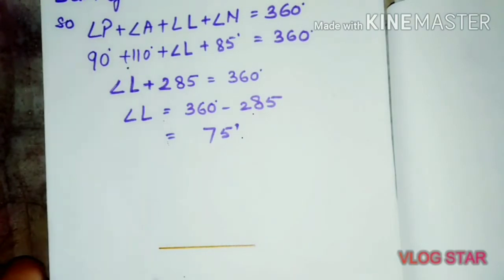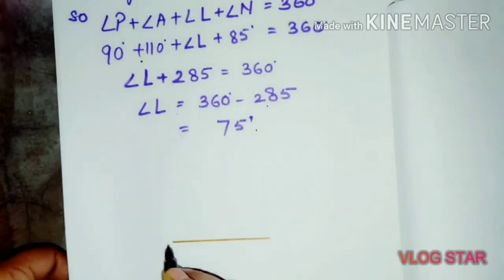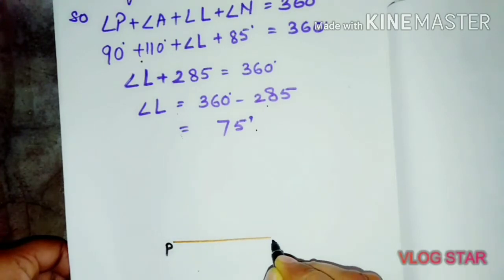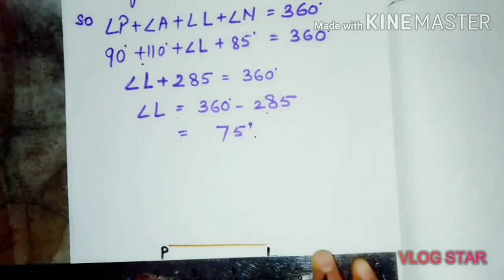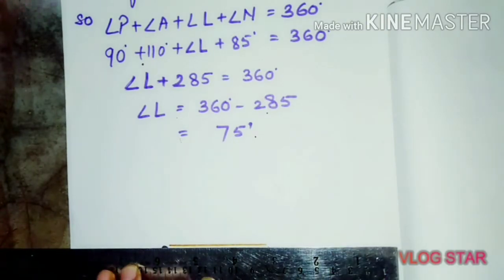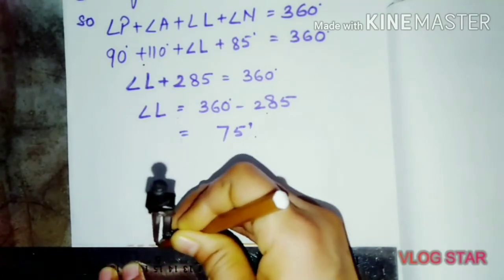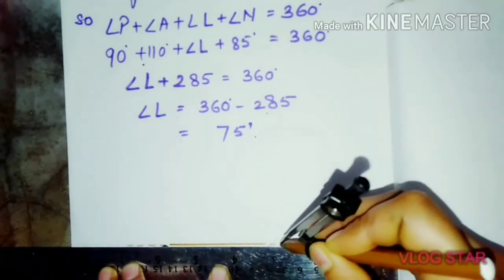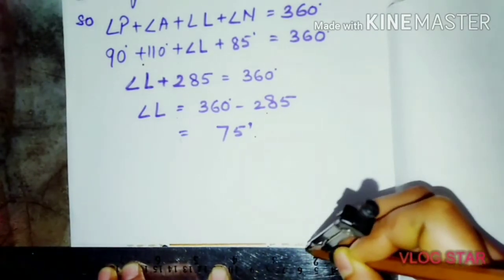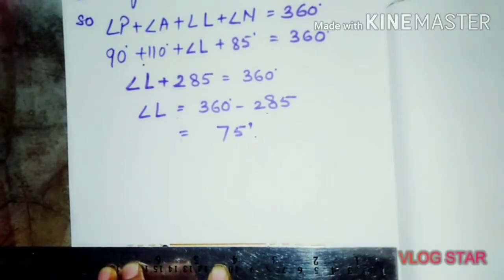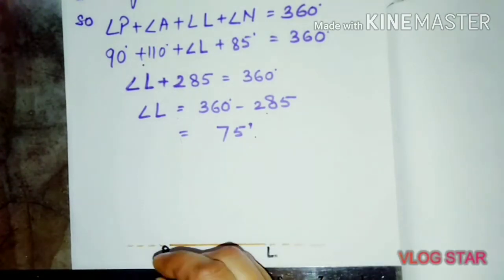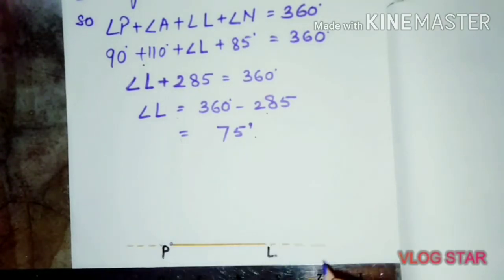Extend it a little bit so that you can construct the angles with the help of the dotted lines. At point P you have to construct 90 degree, and at point L you have to construct 75 degree. So first we will construct